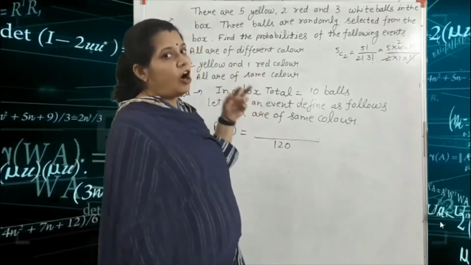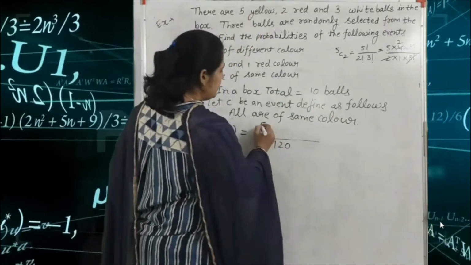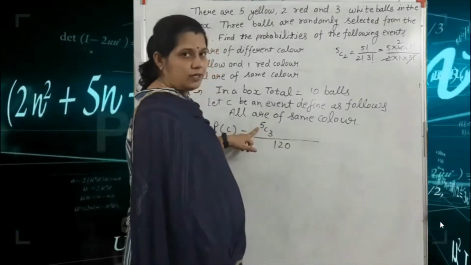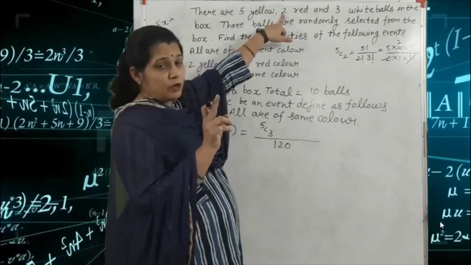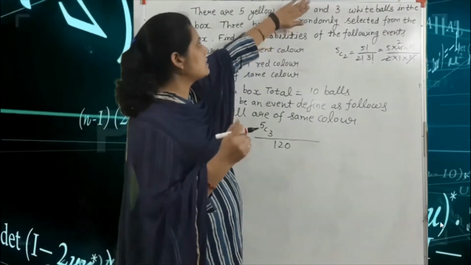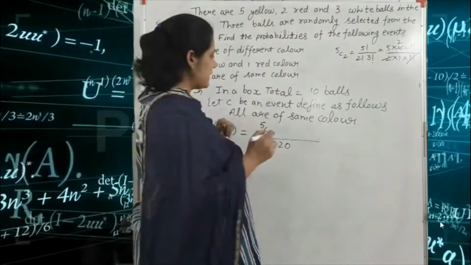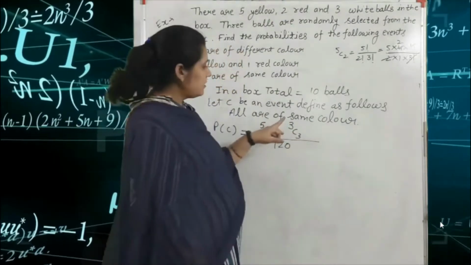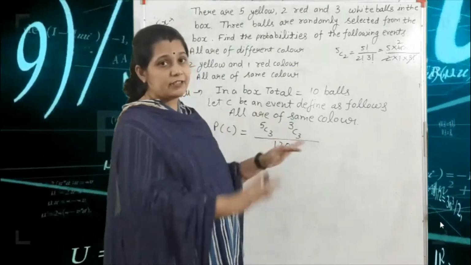That means all three balls are yellow color. So here we write 5C3 because all three balls are yellow color. Okay. Here we can't consider the two red balls because we select three balls. So this is not included in the answer. Three white balls, that means we consider here 3C3. Got it? Three white balls, and we randomly select all balls from within the three white balls.